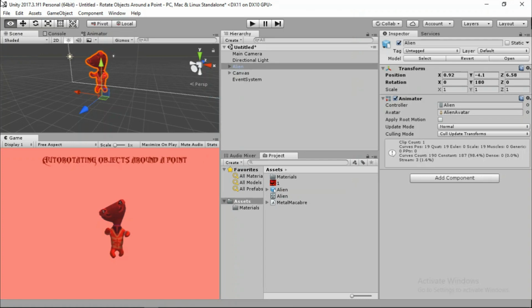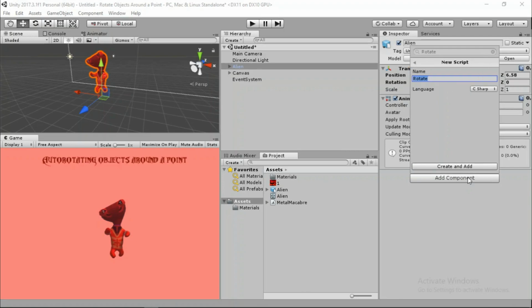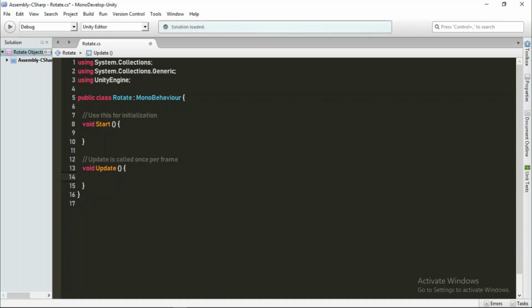In this video, I'll teach you how to auto-rotate objects around a particular point. Let us add a script to the object that we want to rotate. In order to rotate an object around a particular point, we need to use a function called rotateAround. Therefore, let us type